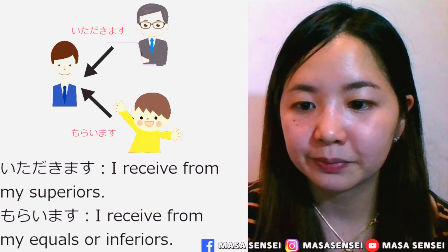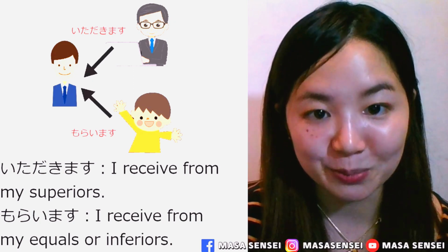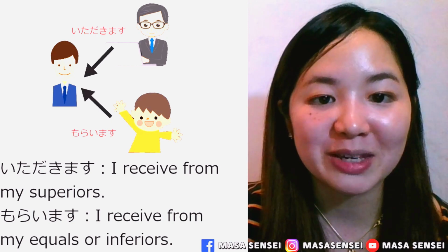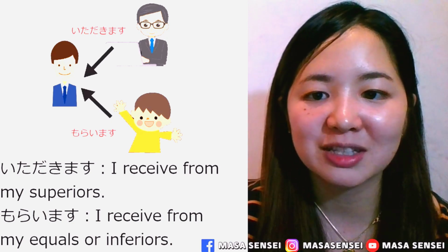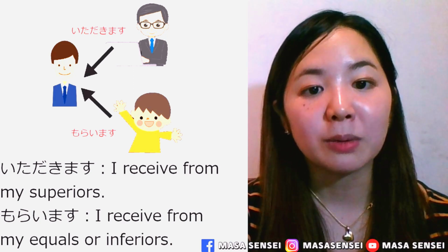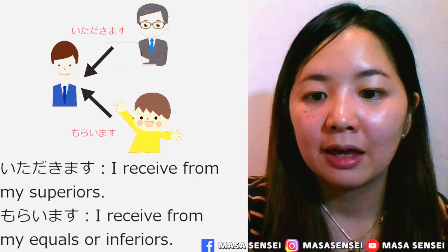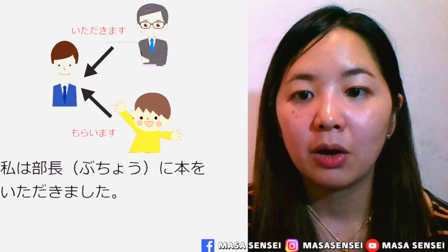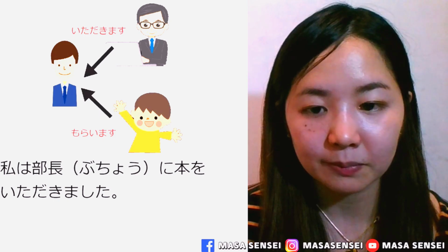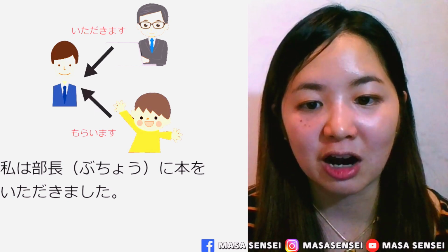Let's make some examples. I receive the favor from my manager of his giving me a book. Normally we don't use this kind of English, I guess. We normally say, I received a book from my manager. However, it has a nuance of receiving a favor. 私は部長に本をいただきました。